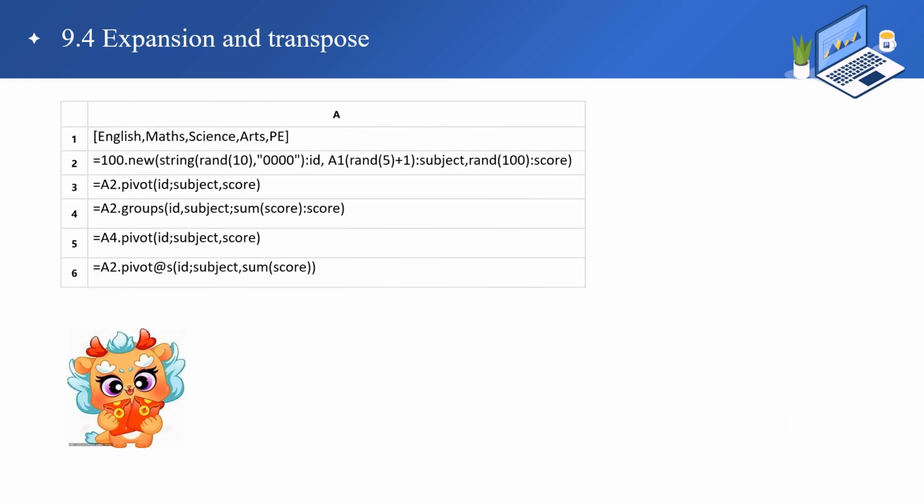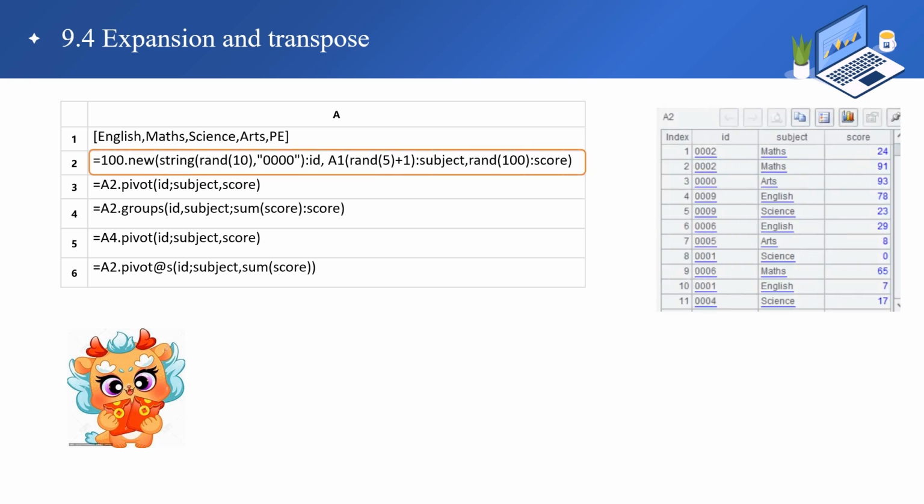The table sequence we generated in A2 has duplicate ID and subject, so the grouping subset will have multiple records after being filtered by the field name during pivot. Direct pivot may not get the desired result. A round of group aggregation needs to be done first, and then pivot. If the aggregation method of all fields is the same, it can also be simplified as A6. The option at @s indicates that one more step of aggregation is required, and the aggregate function is written in the parameter. If it is different, for example, some calculate sum and some calculate max, we can only do the